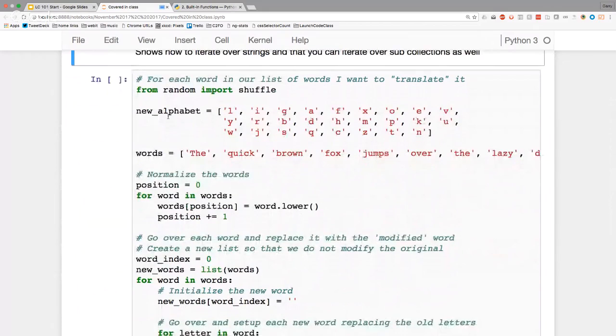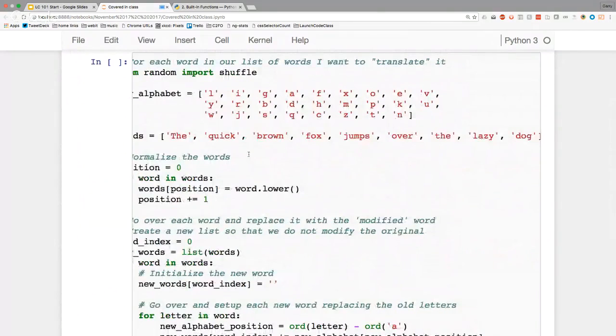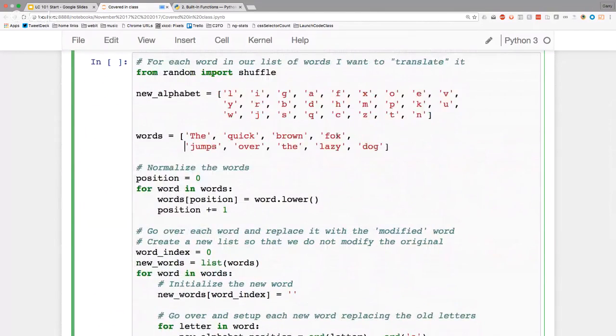So what I'm doing here is I'm, quote, translating the word. I'm not really translating it. I am masking it into something else, which the book actually talks about. Sort of a way, it's a very unintelligent way to encode messages just by doing character substitution. So what I'm doing here is I'm translating it by doing character substitution for the sentence, the quick brown fox jumps over the lazy dog, which I believe has every letter in it,